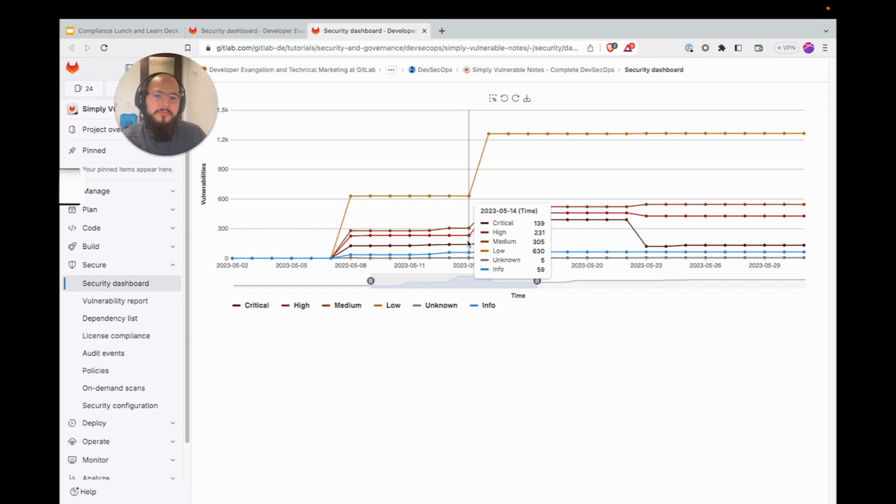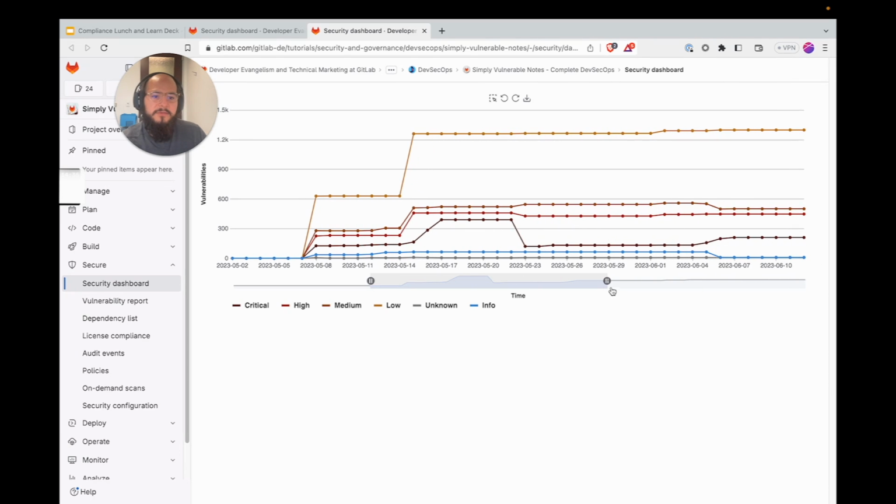For example, it tells me maybe I did a code refactor from this day to this day because I introduced a whole bunch. So it allows me to change my internal policies in ways that my organization does things so that we can prevent vulnerabilities. Same goes for reducing. Maybe we had a hackathon or bug fix, and we've reduced that. And we can encourage management to promote these types of functions because they are decreasing the number of vulnerabilities.